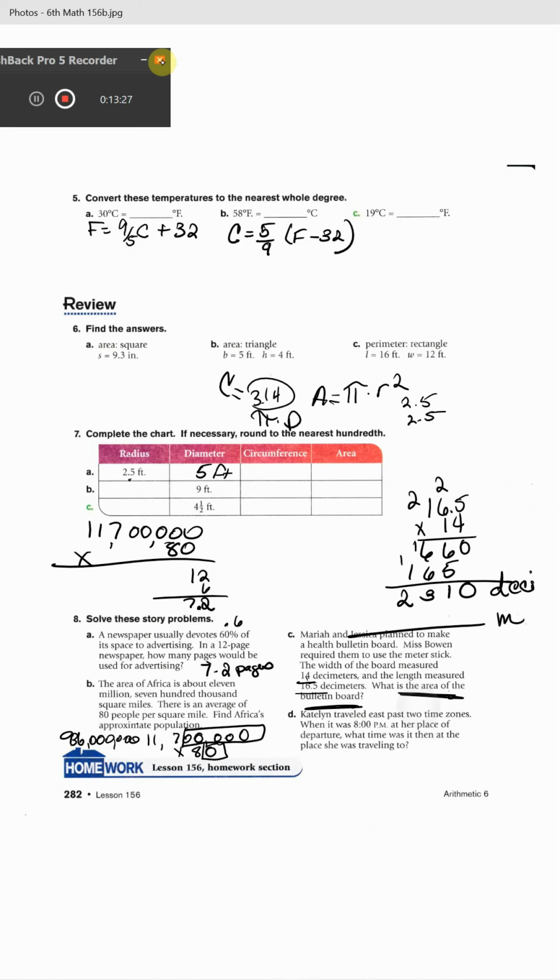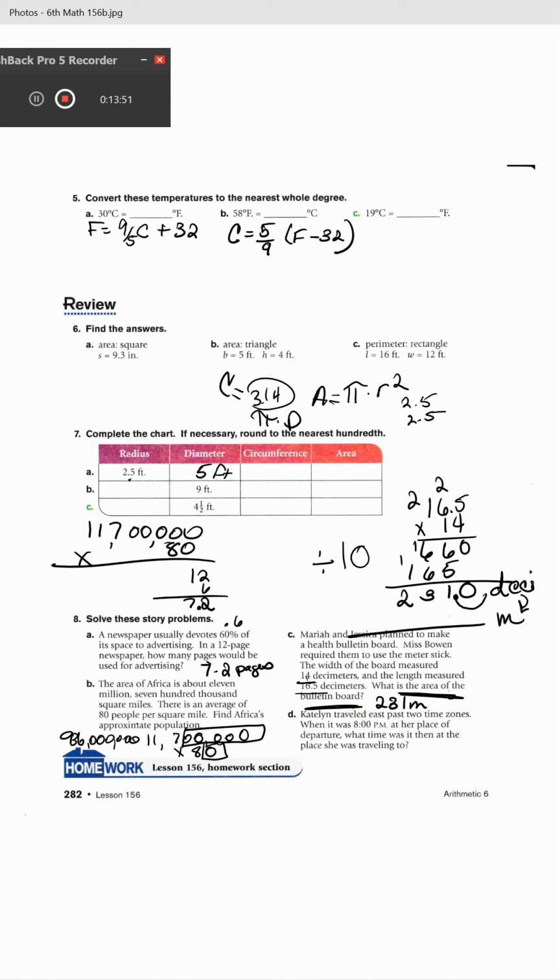Decimeter to meter is smaller to larger, so we're going to divide. The question is how many steps between a decimeter and a meter? Well, it's just 1. So we're just going to divide by 10. So we just move a decimal over once. So it's